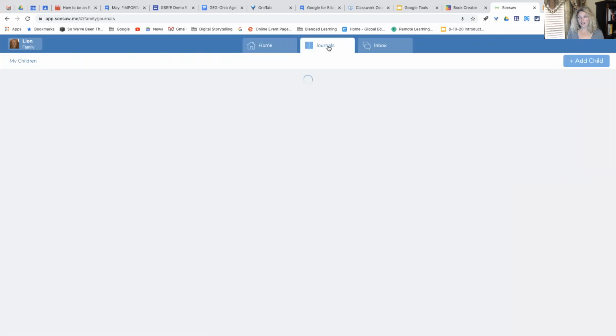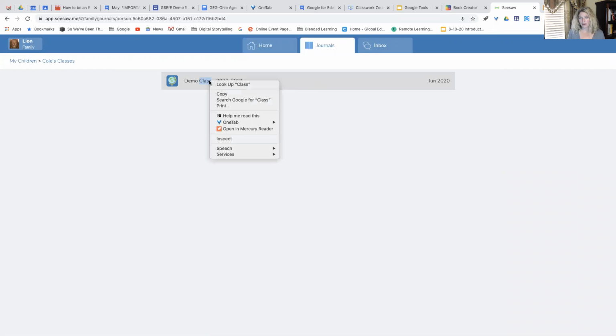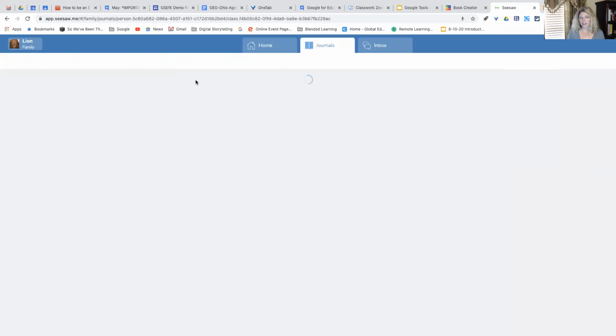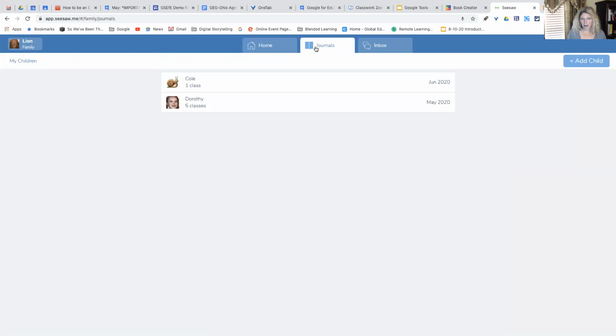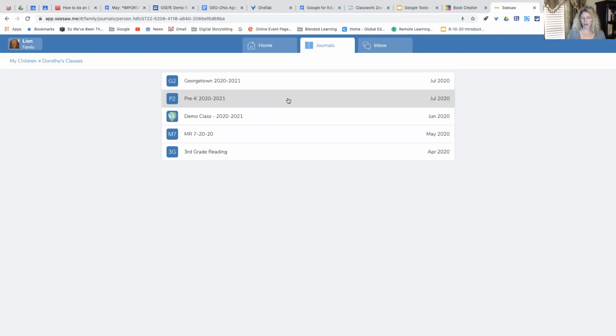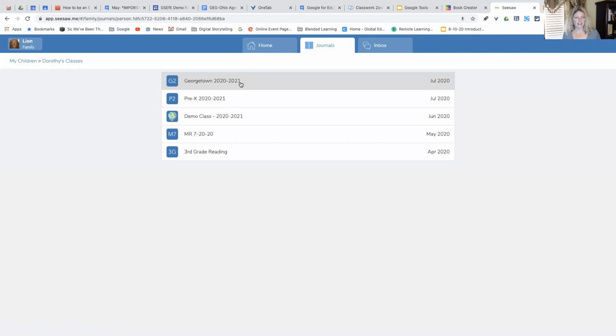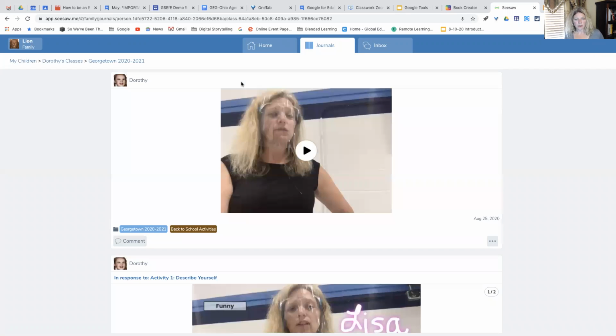The journals, this is where I can go back and forth and just see. So if I want to see Cole's work, I can go to Cole and go to his class, and this will bring up Cole's journal. If I click back, in this case I switched it to Dorothy here. I can look at Dorothy's class, and if I go to this class that Dorothy is